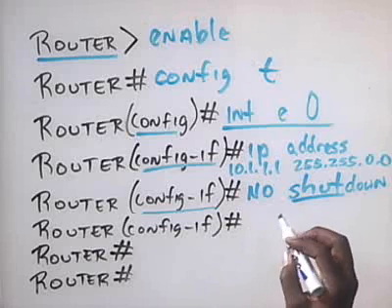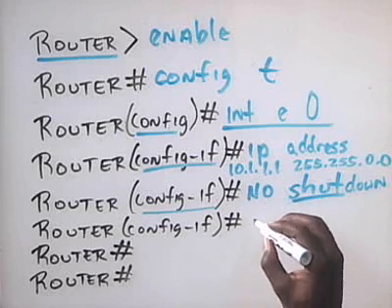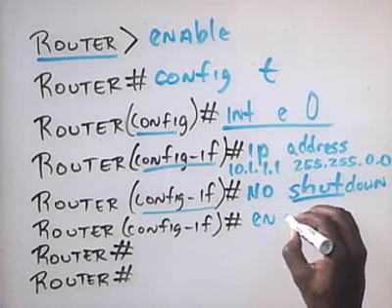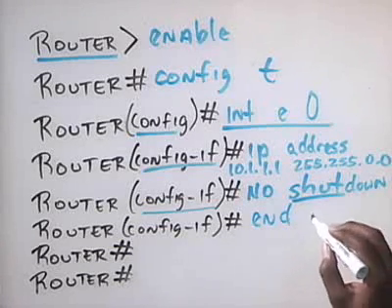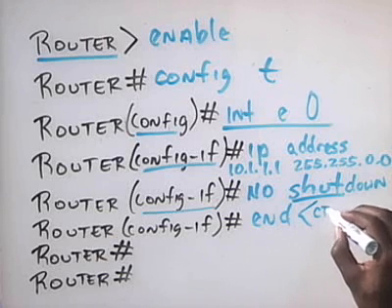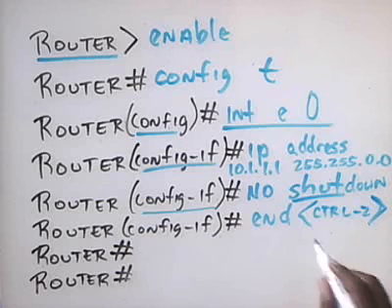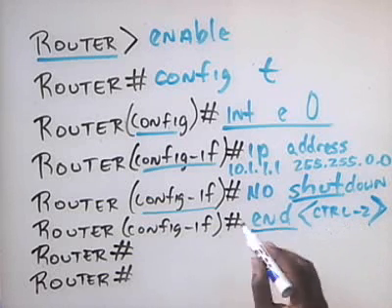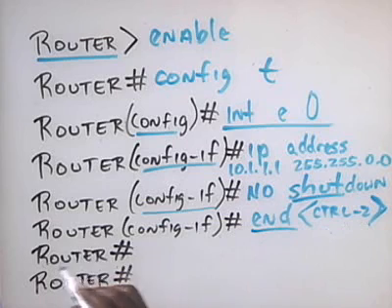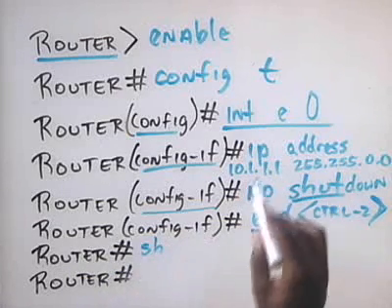Here, we want to now go out and verify the changes that we've made. So we type the word end. You could also use the shortcut Control-Z. Control-Z. That's the same thing as end right there. End takes you all the way back out to privilege mode, at which point I can verify my configuration in